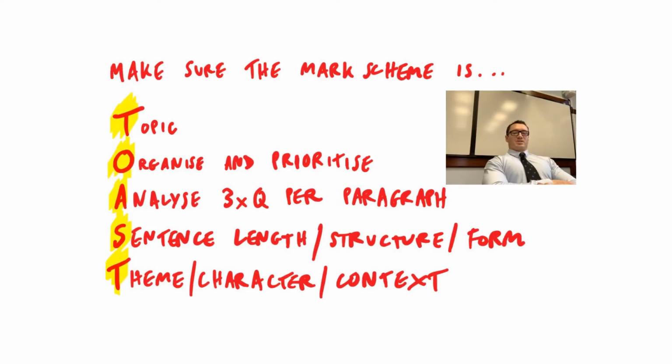Once you have narrowed your selection down to a Super 7 or a Top 10, then it's going to give you more time to explore them in greater depth. That is what gets you marks. Next thing is aim at analysing roughly 3 quotations per paragraph. And I like keeping them quite short, sometimes just 1 word long.